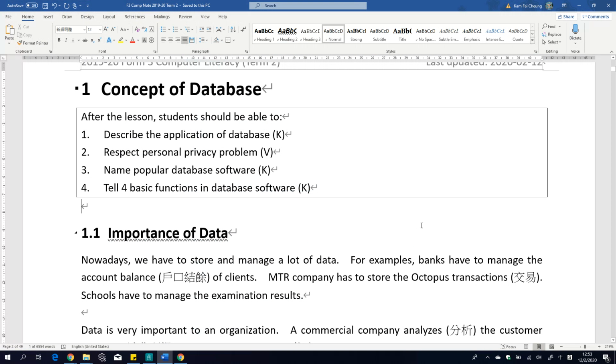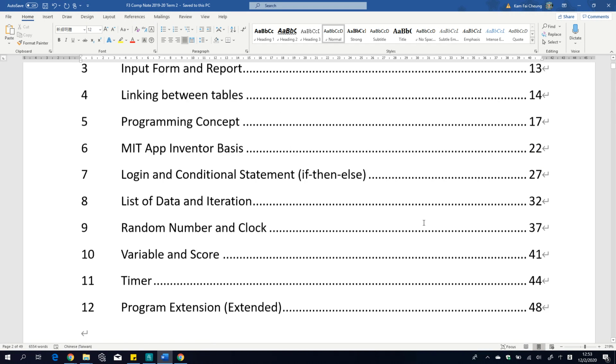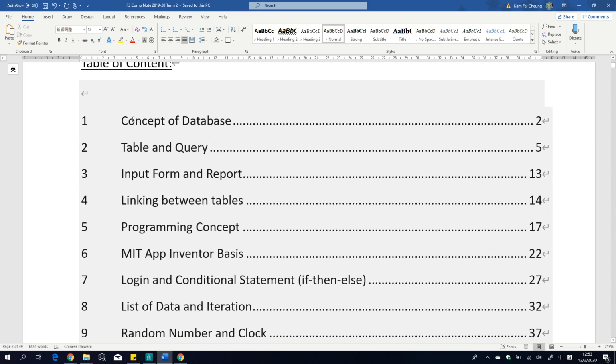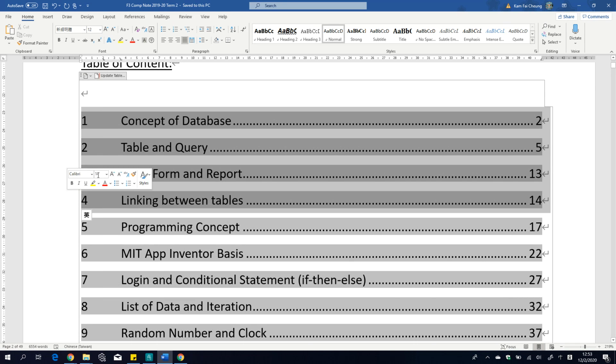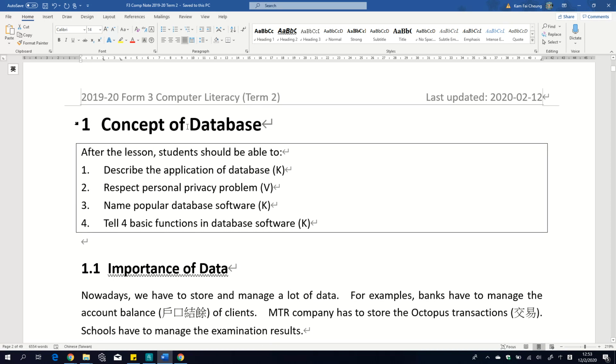So in the second term of the Form 3 computer lesson, we will first talk about database. You can see for the first 4 chapters, we will talk about database. So first of all, what is database? Or simply speaking, what is data in your mind? So I would like you to